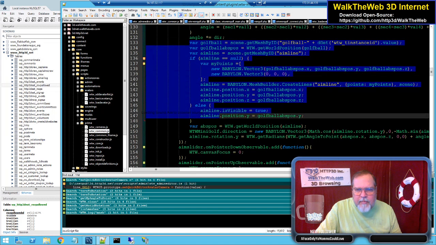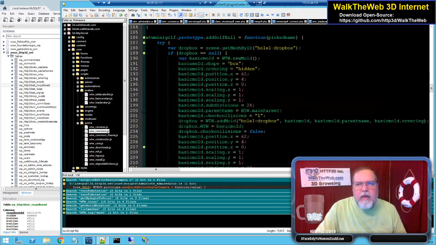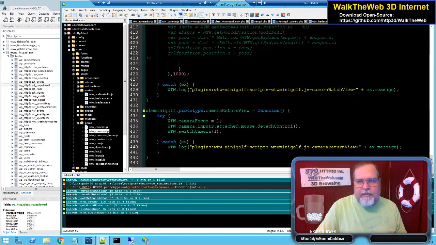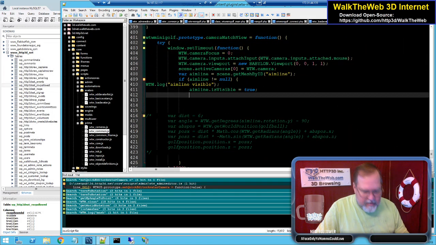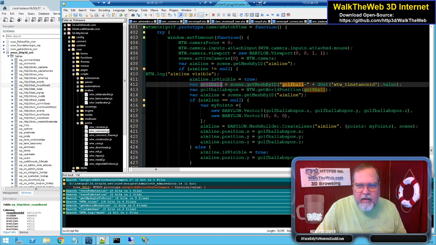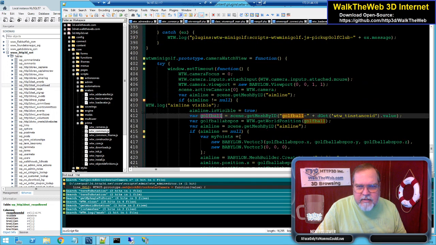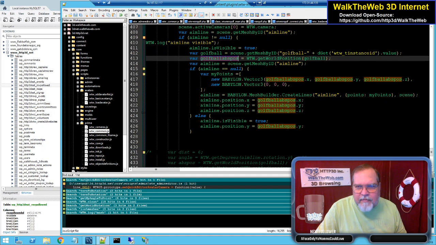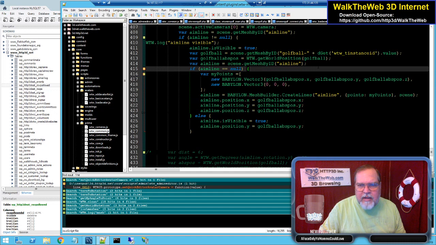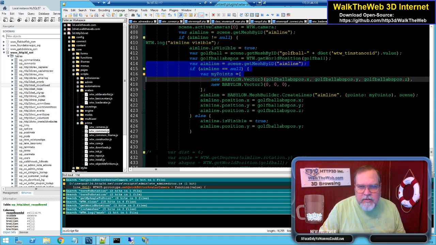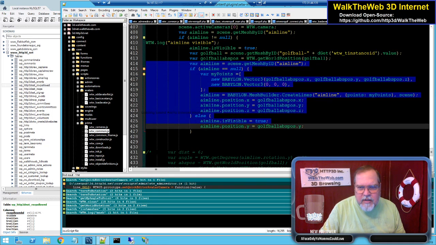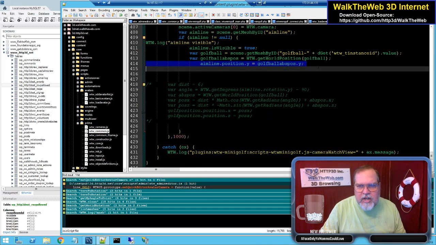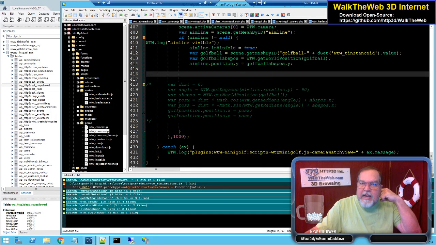Okay, so I'm going to copy this little piece here. We're going to use two parts of it. Just wanted to copy the whole thing so we get it down here. And golf ball is not already selected. Okay, fine. Golf ball is now selected. We already know our aim line. It is not null, so we do not have to worry about any of that. All we need to do is change the Y position there. Now we should be in position with the Y value, and we should be able to calculate